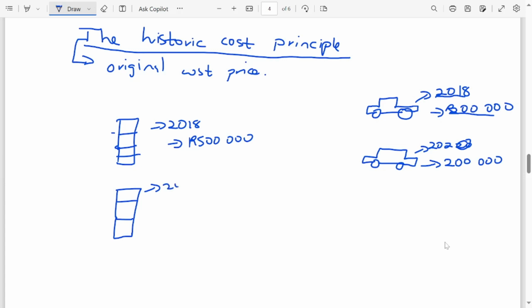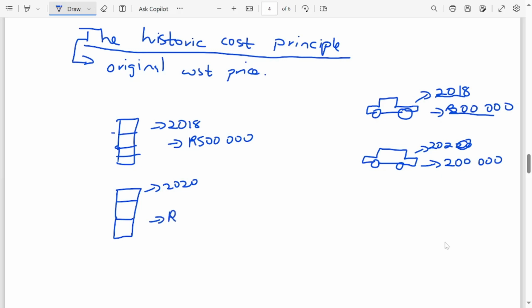So we may expect that by the year 2020, it is now maybe around 750,000. Its value has increased, but because of the historic cost concept, it is saying that they should always be